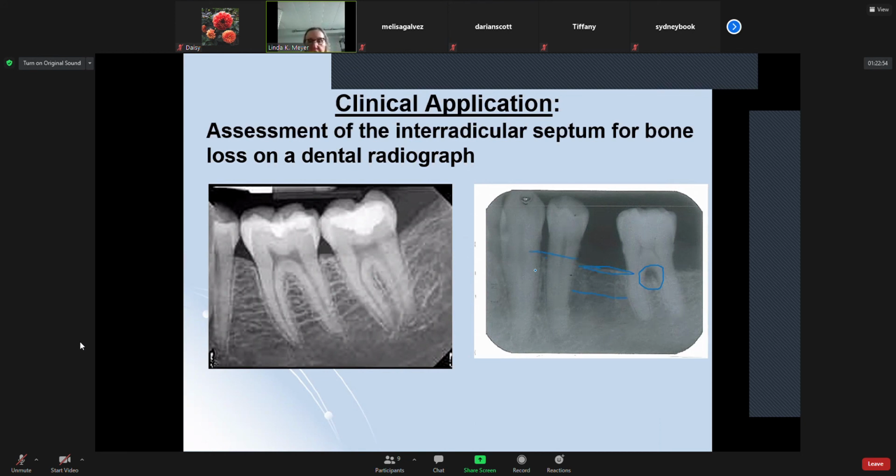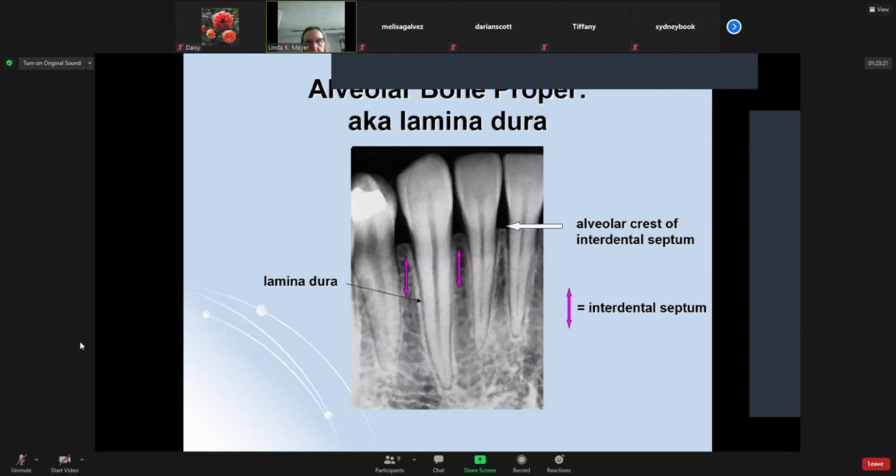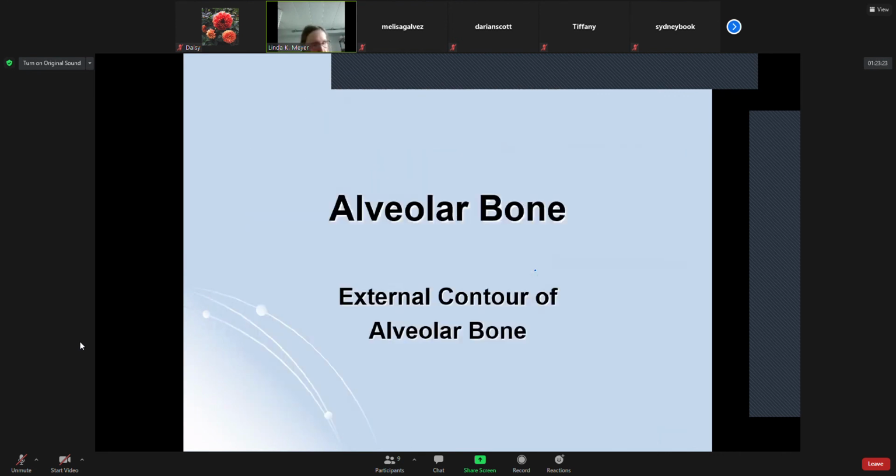Okay, so those are the landmarks: alveolar process versus basal bone, all the sections of the alveolar bone from alveolar bone proper to spongy supporting alveolar bone to compact supporting alveolar bone. And then the specific areas, the alveolar crest, interdental septum, and interradicular septum. I'm going to have us do that in lab, but let's move on to where it says the external contour of